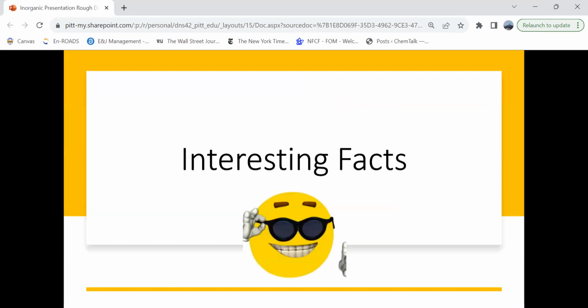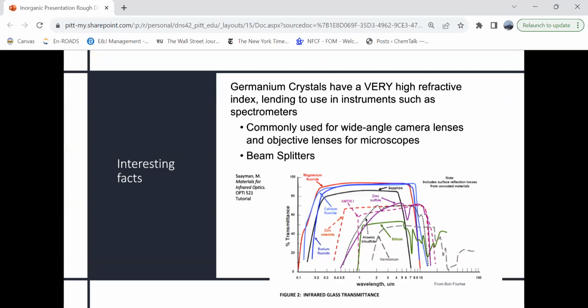And then next, we're going to discuss some interesting facts about some of these group 14 elements. Carbon is discussed extensively within the textbook, so we decided to focus on some of the lesser known elements with these facts. The element germanium is known for its exceedingly high refractive index in its crystalline form. The extremely low gray line in the percent transmittance graph here shows that it has a relatively high refractive index and low percent transmittance for wavelengths above that of visible. And so therefore it's used often for optical instruments,